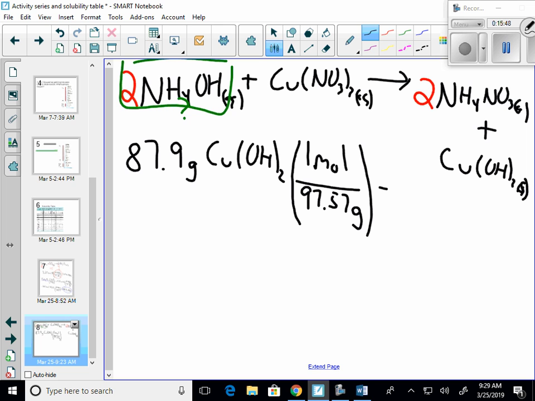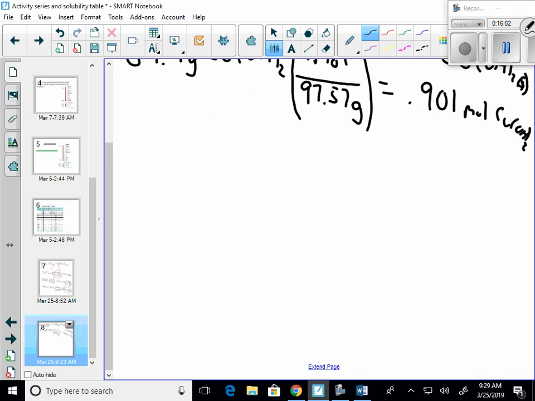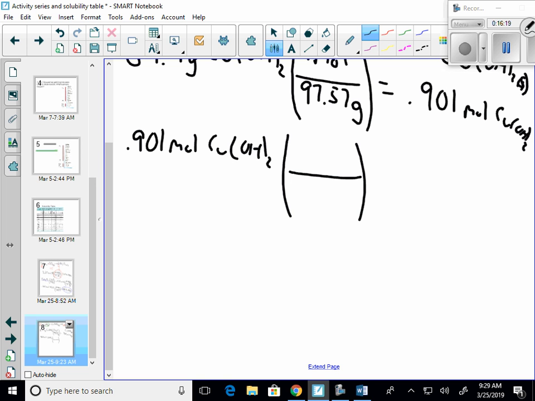If I solve for this, it's going to give me a number of moles. I get 0.901. I'm going to rewrite that number right here. Step 2. I have moles of one thing. I want to solve for moles of another. What do I want to get to? I want to get to the ammonium hydroxide,